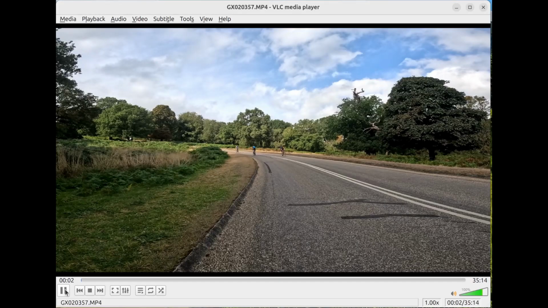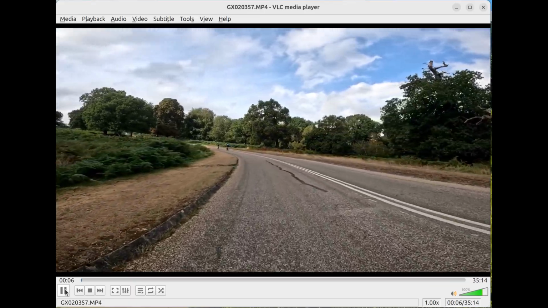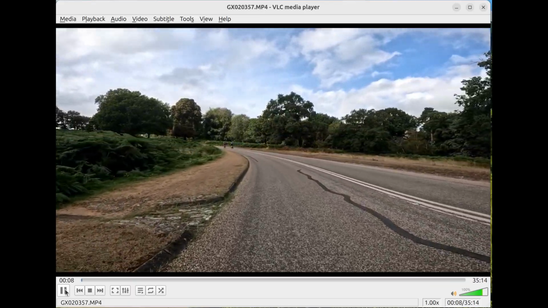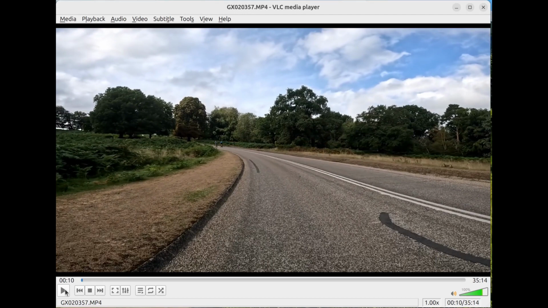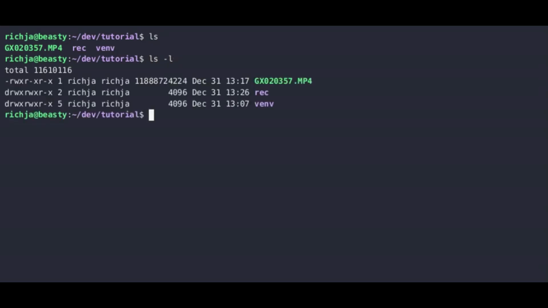So let's try and create the simplest possible overlay. Here we've got a GoPro video that I recorded when I was out on my bike. You can just see a few seconds of that. Then let's take a look at the file on disk. So we've got an MP4 file with the GoPro naming. It's pretty big, it's about 11 gigabytes. And if we look at it